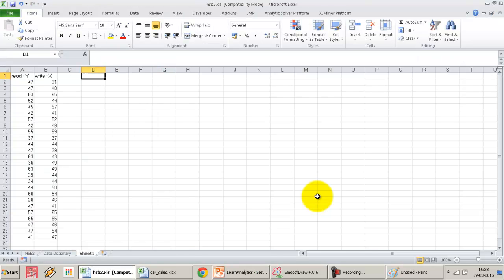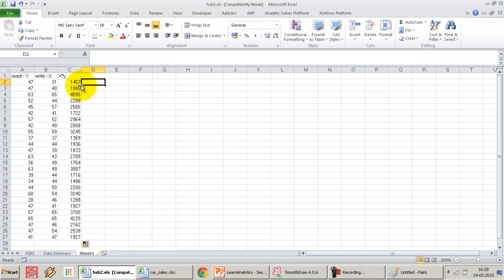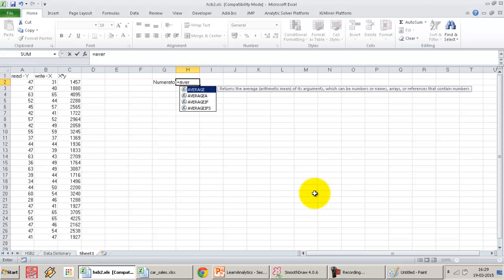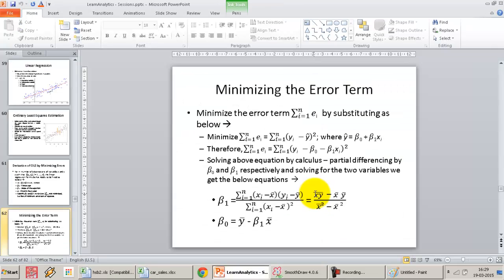So let's take x into y, which is simply the multiplication of these two observations, and there we get x into y whole bar minus x bar into y bar. Now I can calculate the numerator for beta 1. The numerator is the average of x into y, minus